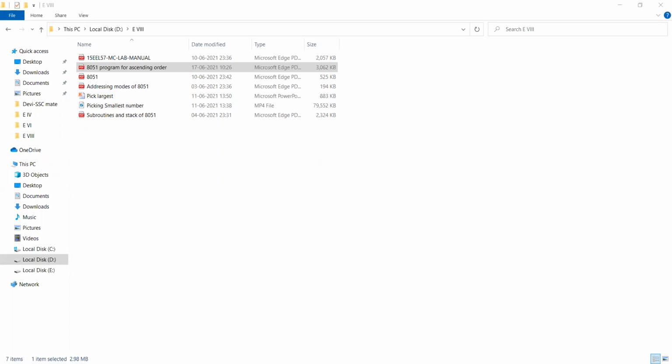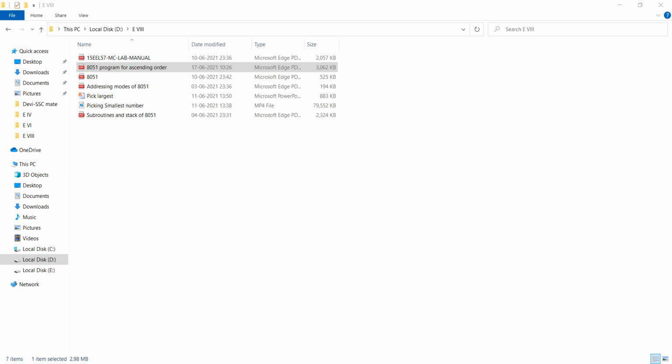These two numbers you have to compare, and out of them the larger one should be in the accumulator. So now you can do the compare operation: CJNE A, 55.